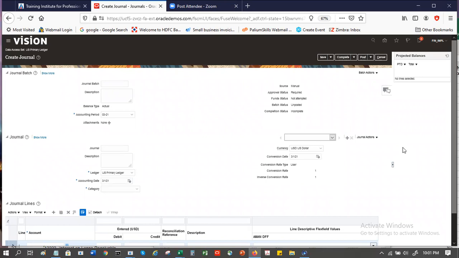One ledger can be assigned to multiple legal entities. But my question is that at the header level itself, in Fusion, we have the capability to capture the legal entity, correct? Maybe we don't have a balancing segment. The ledger is the US primary ledger, correct? Yes.